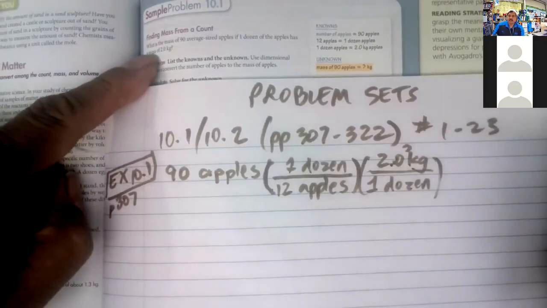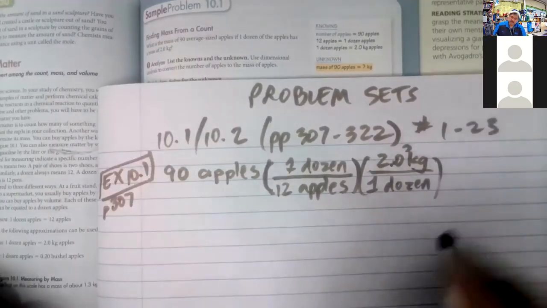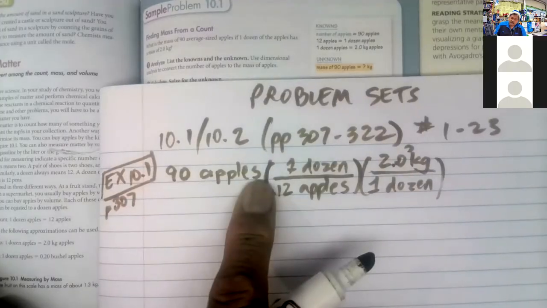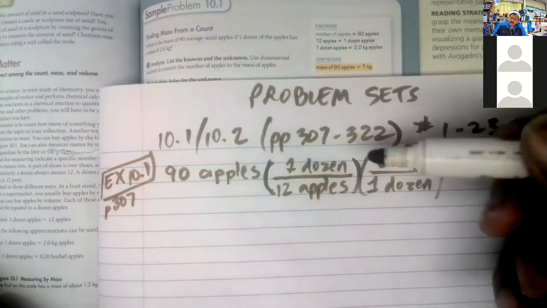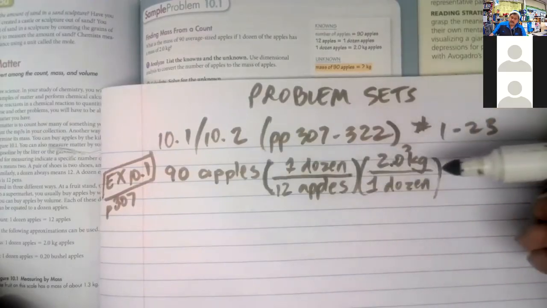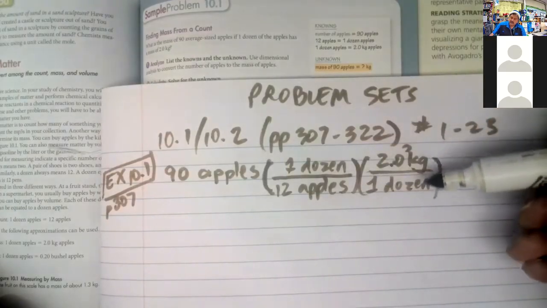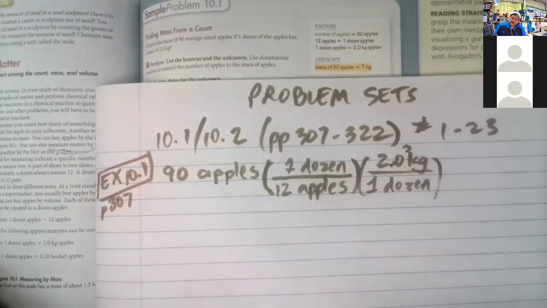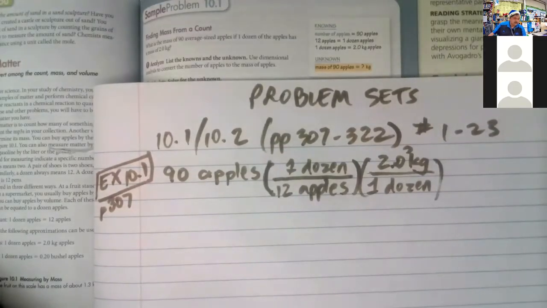So what is the mass of 90 average size apples? So I start with 90 apples. Here's a conversion factor. The top is the same as the bottom. 1 dozen is 12 apples. 1 dozen weighs 2 kilograms. And so when I do that,